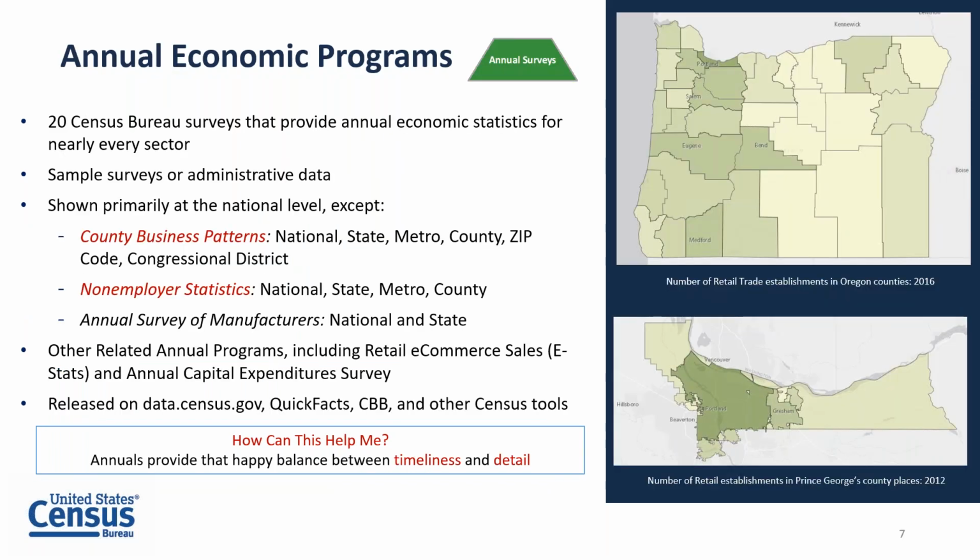Now, the next tier of the pyramid is our annual programs. These provide more detailed statistics than what are shown in our monthly and quarterly surveys. Like the monthly and quarterly surveys, these are mostly sample surveys, and there are a number of them that are also shown at the national level, but there are two that I have highlighted here that publish data down to the county, and even one of the two down to the zip code level, and they are county business patterns